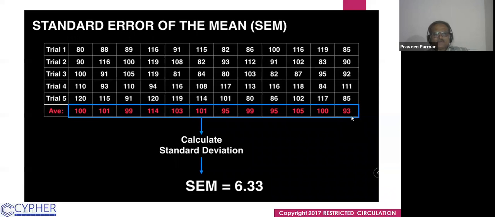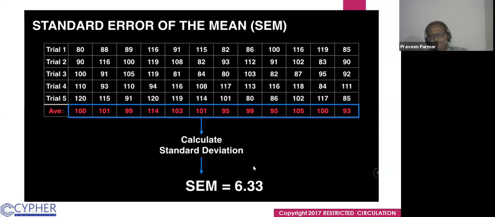I think there are near about 12 trials I have given to it. 1, 2, 3, 4, 5, 6, 7, 8, 9, 10, 11, 12 times. So we calculate the average of this, and then we got the average of these. Every day we got the average, and then we calculate the standard deviation of this mean. Through this we have got the standard deviation, and that standard deviation is called